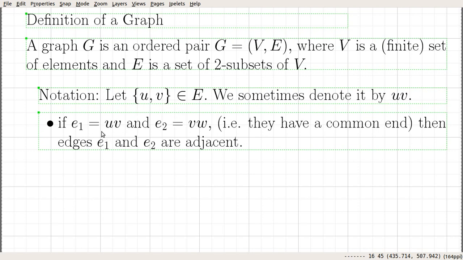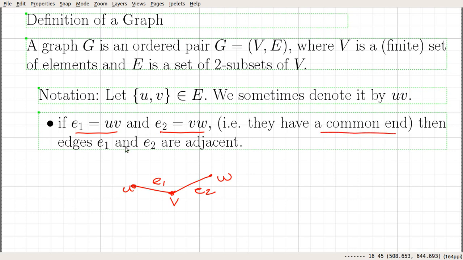Similarly, suppose that we have two edges, e1 equal to UV and e2 equal to VW. The situation may be something like this. You have this edge e1 with endpoints U and V, and another edge e2 with endpoints V and W. We can see that these two edges e1 and e2 have a common end.